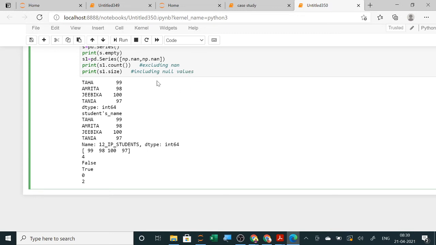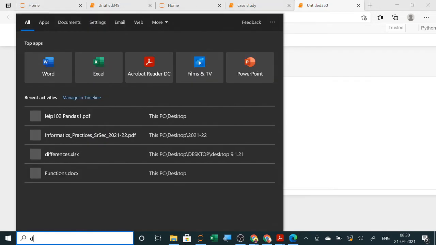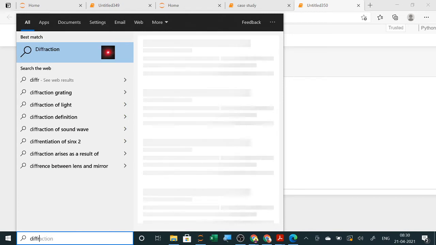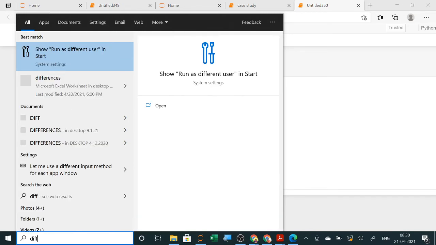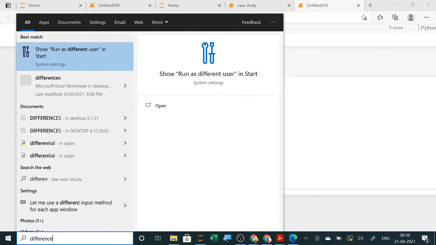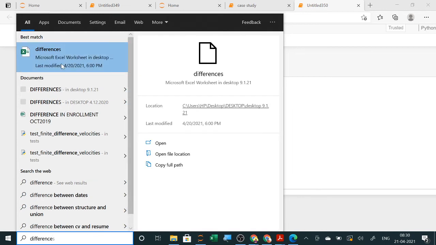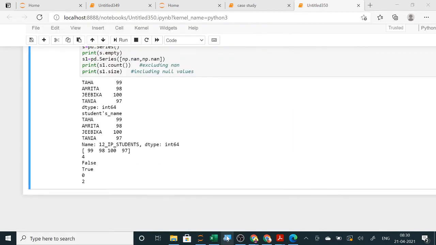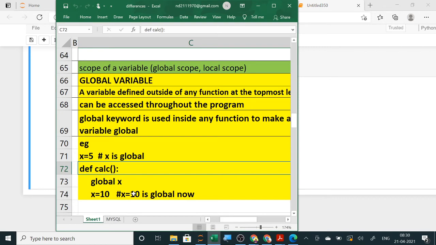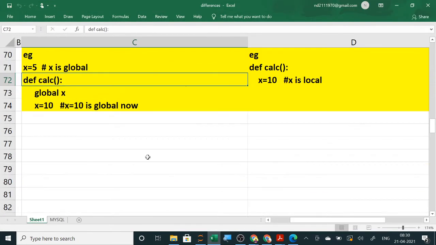So these differences you write in your copy, because the difference between count and size will be asked. Already you have discussed three differences, and the fourth one will be the syntax or example. Keep writing all the differences in one place, because at the end, when you are preparing, these will help.